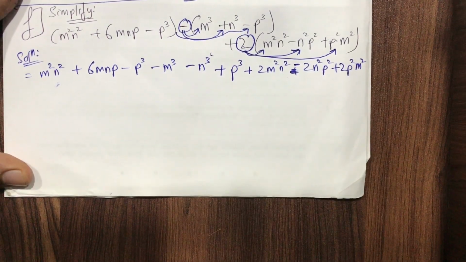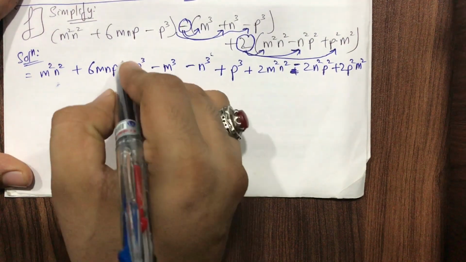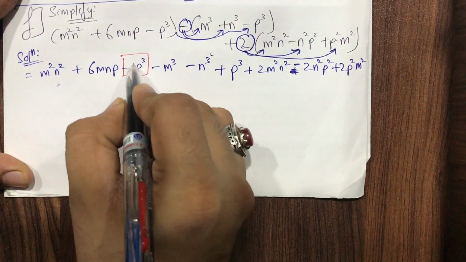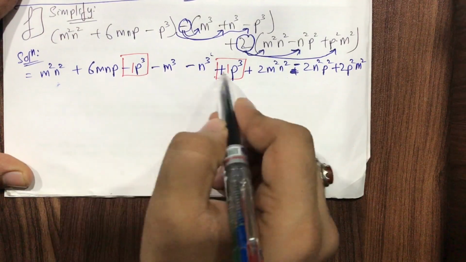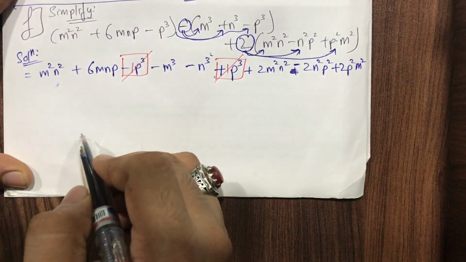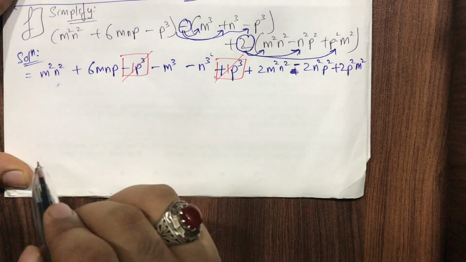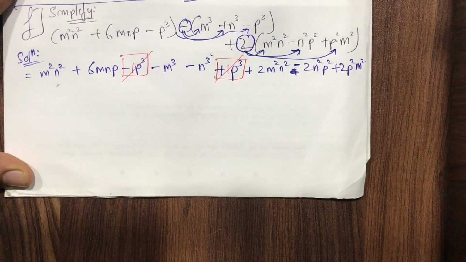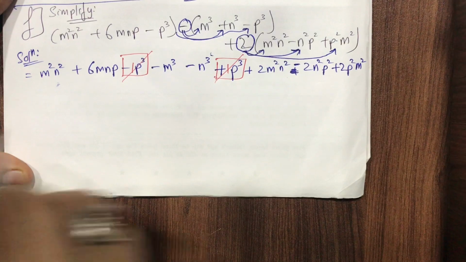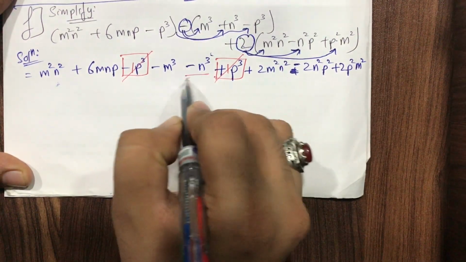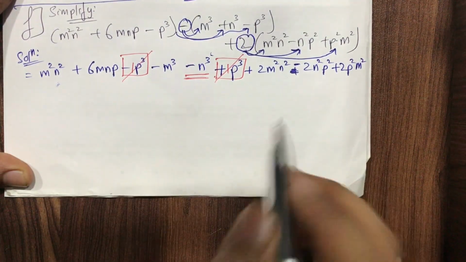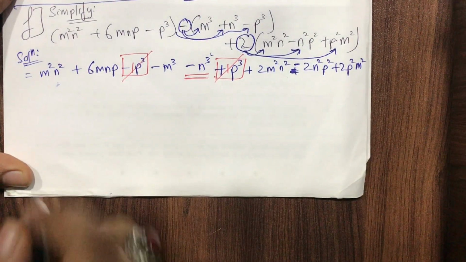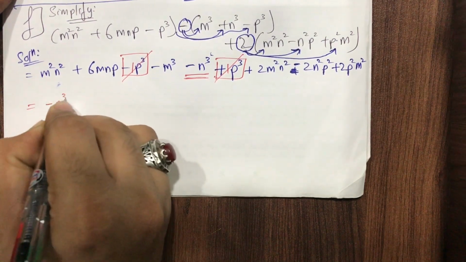Okay, students, now it's time to pair up the like terms. Now see this, students, here we have minus p cube. It's of course minus 1p cube, and this is plus 1p cube over here. Minus 1p cube plus 1p cube cancels. Okay, then p was the one. Any other thing with n? Here I have minus n cube. Please see this. I have minus n cube. So anywhere do I have plus n cube? No, I don't have plus n cube.